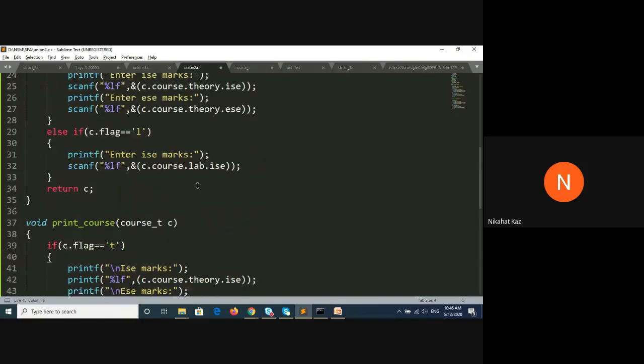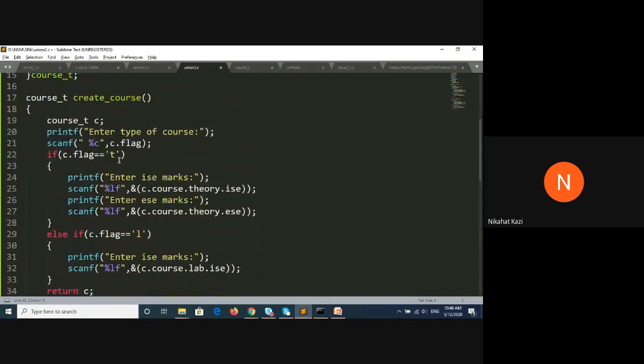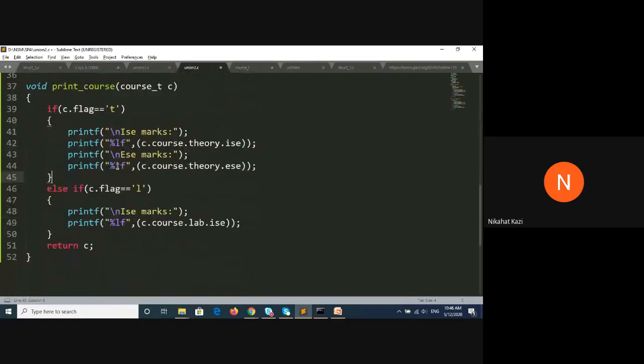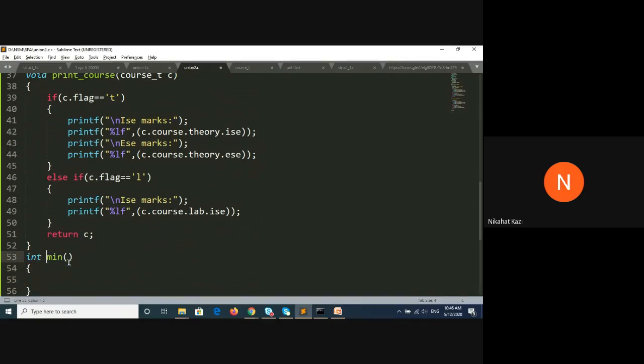Now, once these two functions are created, one is for reading, so course creation is nothing but reading, and this is for printing. What we can do is create a small main to test these functions.